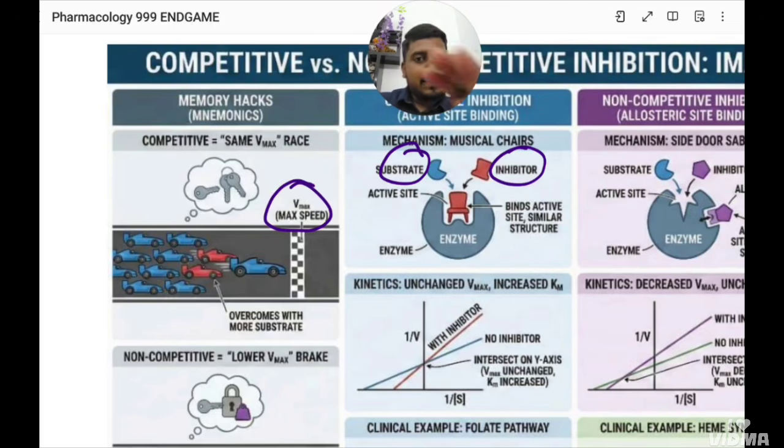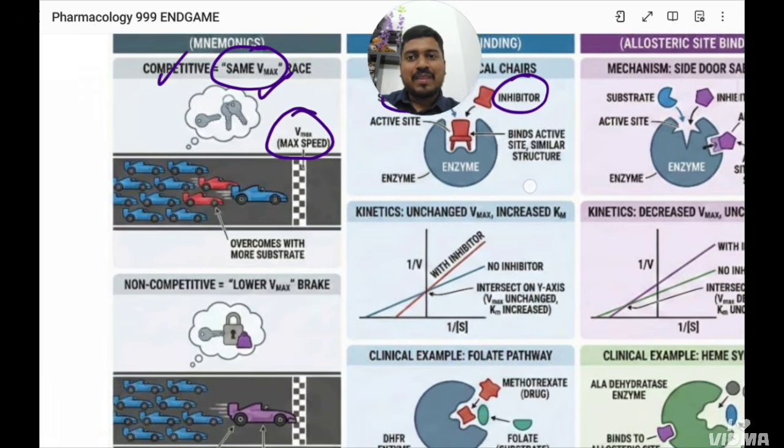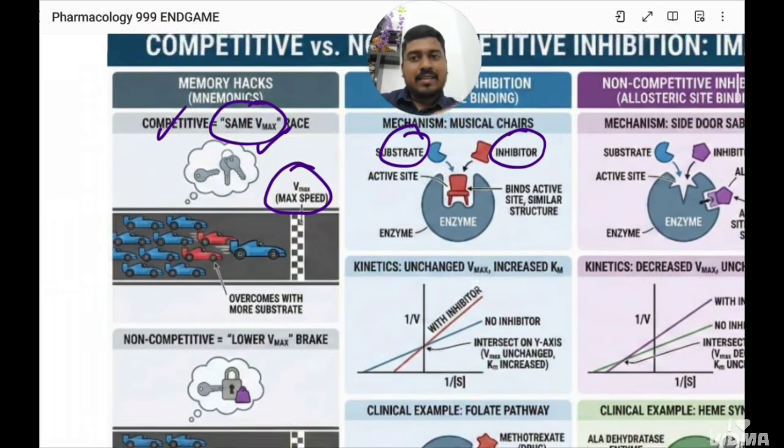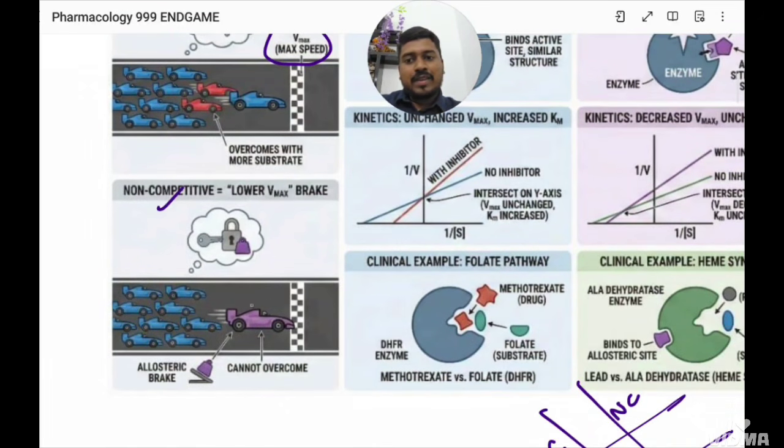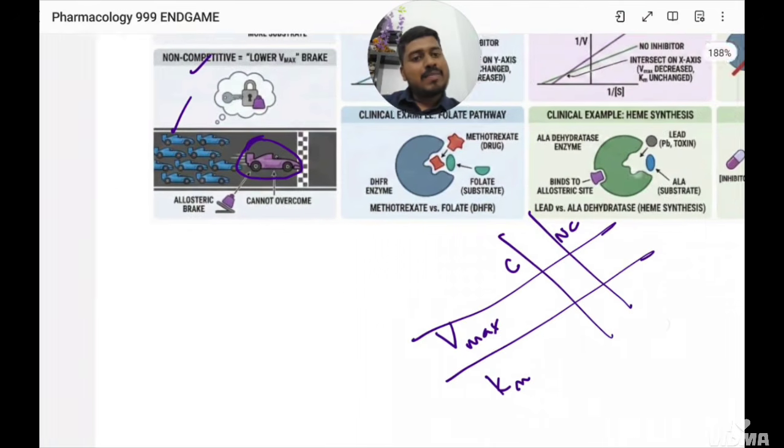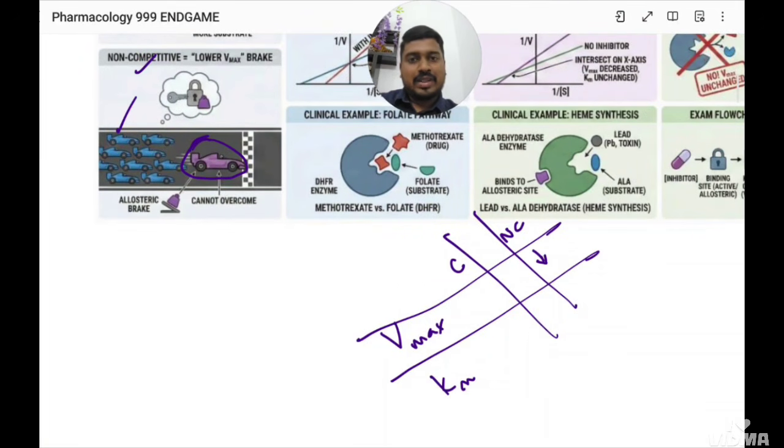So Vmax remains the same for competitive inhibition, no doubt in that. This is how you remember Vmax. Now what happens in case of non-competitive? This car is something different. It is bigger, the model is different, but this car has a defect. It has a defect that is an allosteric brake. That means its speed is less compared to other cars. So Vmax is decreased in non-competitive inhibition and Vmax remains the same in competitive